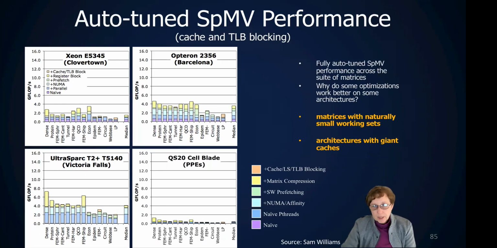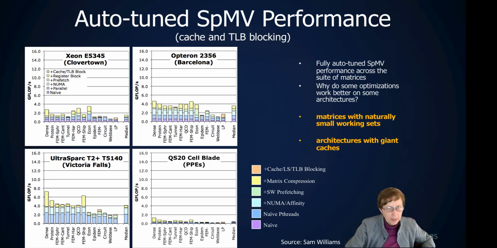And then you can do things like cache blocking and TLB blocking, which I haven't really talked about, but that also, there are a couple of these harder matrices, you can see a bit of a boost. And that sort of confirms what I said before, that unless you have a particularly odd matrix or one that's very irregularly structured, like a linear programming matrix, you tend to not get a lot of cache blocking